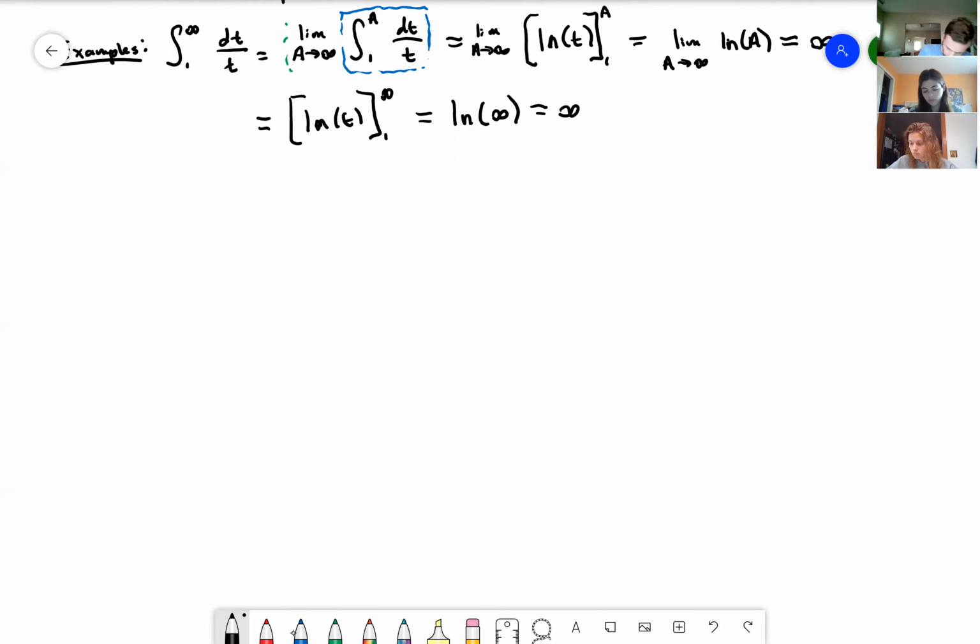Okay. So next example. This is an example of something that diverges. So we don't assign a value to this expression. Okay. Another example